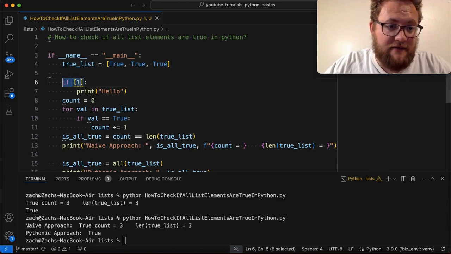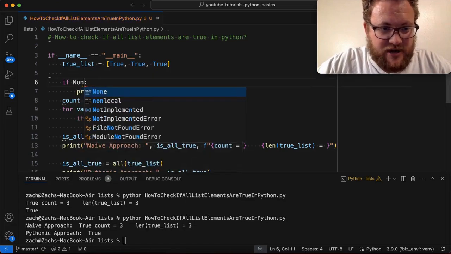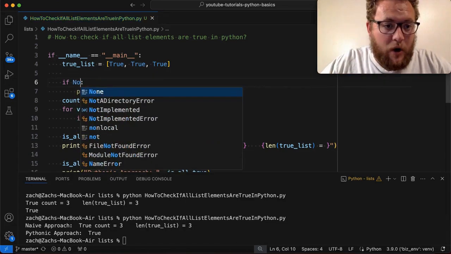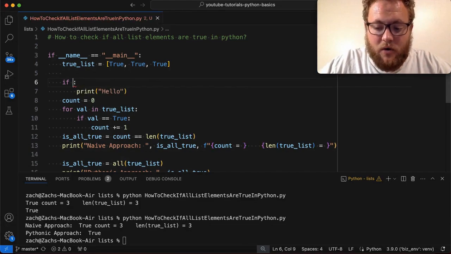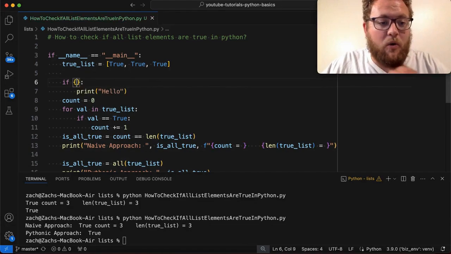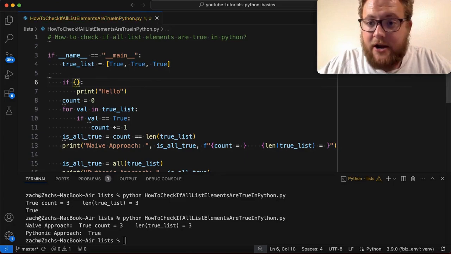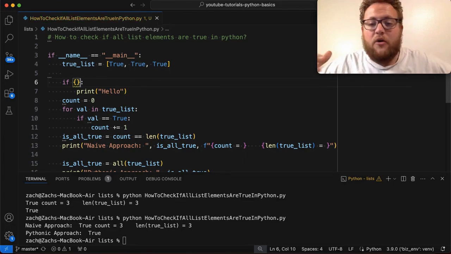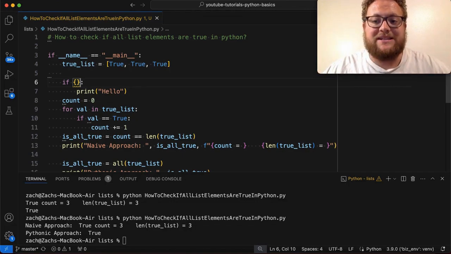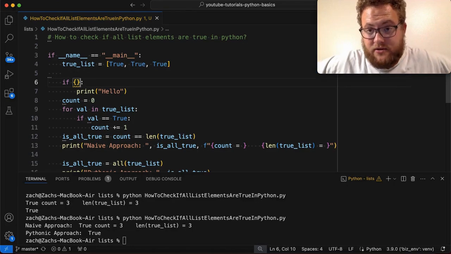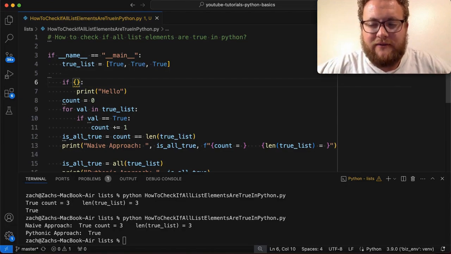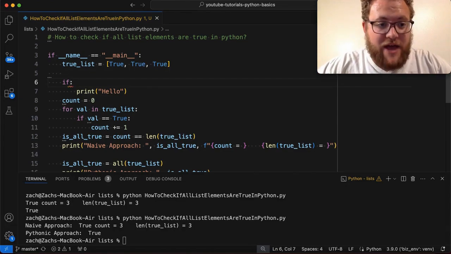So I could say if none, now this is a special case, but that'll equate out to false. Or I could say if this is an empty list, or an empty set, or an empty dictionary, or an empty tuple, all those types of things equate out to false, because in their Boolean context they're either empty, which means there's nothing in there, so that's false, or they have something, which means that equates out to a truthy value, right? Okay, so now with that in mind,